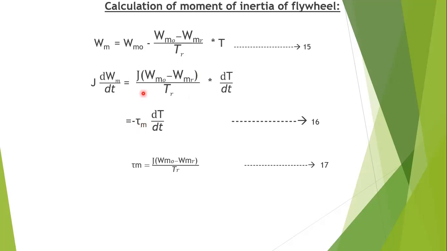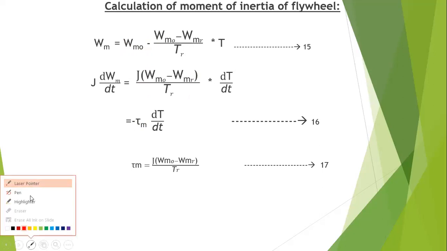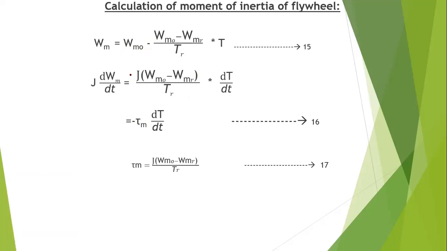Okay, so here I have to put minus here. So this becomes minus tau m dT by dt. This is tau m, this is J into omega m naught minus omega mr by Tr, where tau m is equal to